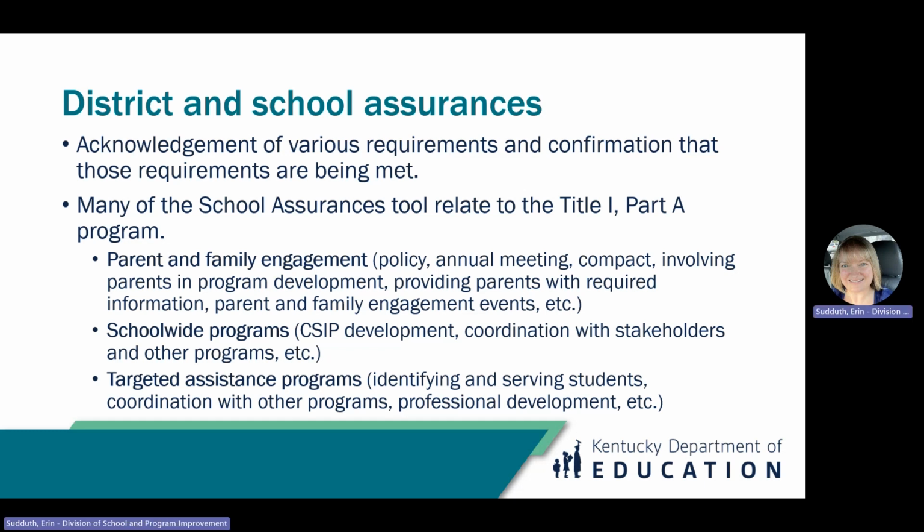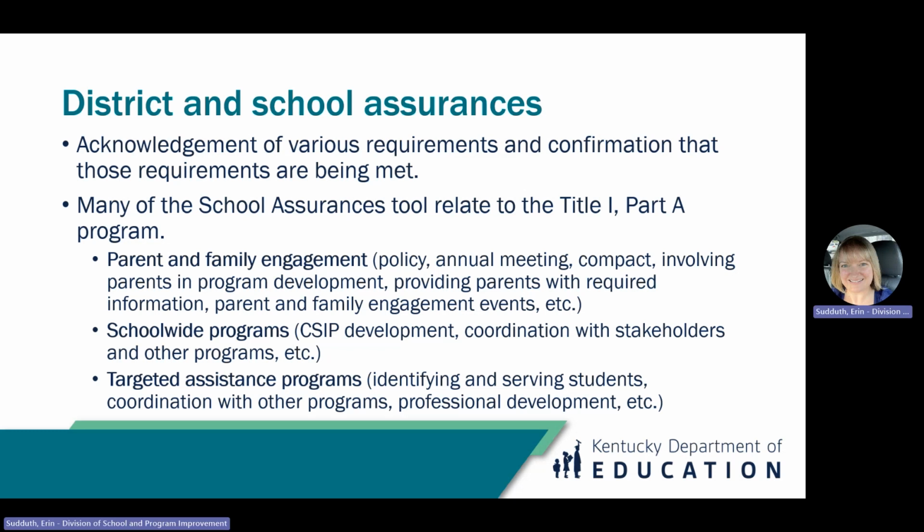It's important to read each assurance carefully before making a selection. There are several assurances that highlight the relationship between Title I and the CSIP, making sure that the CSIP meets the requirements of the school-wide plan and ESSA. If the school marks yes on the assurance, but then develops a CSIP with no reference to Title I Part A, then the assurance was not upheld.